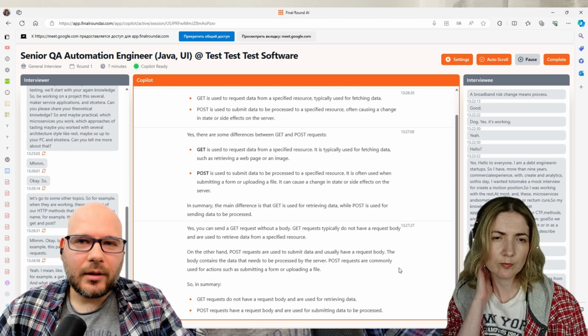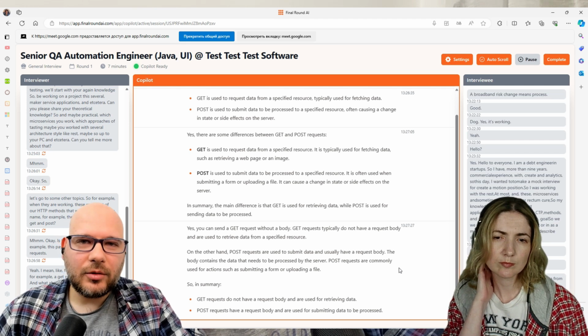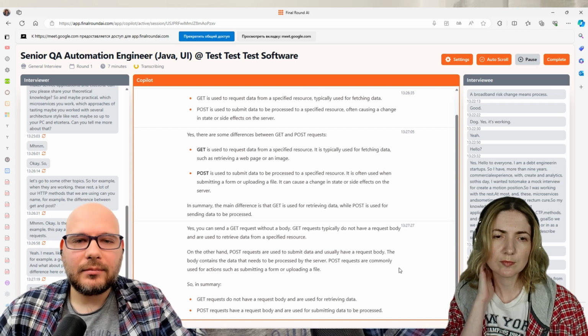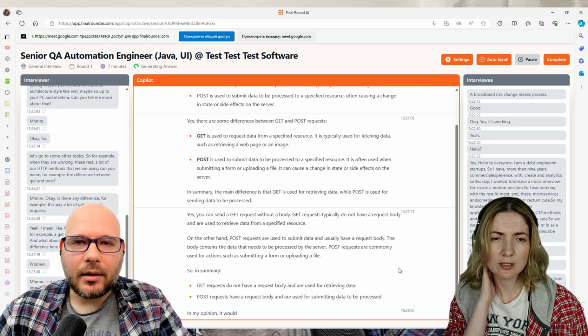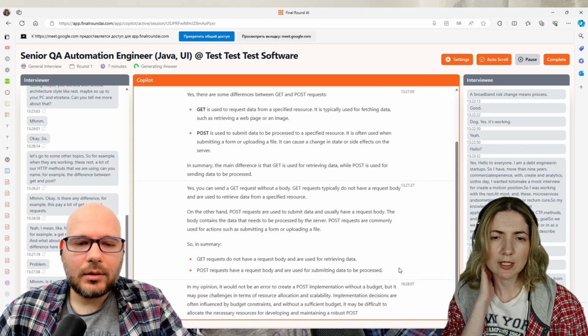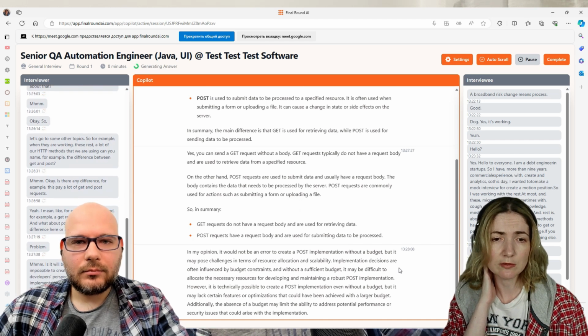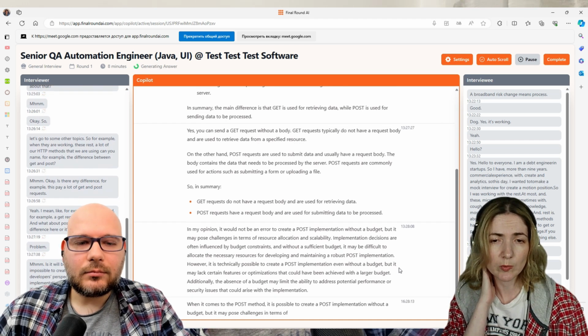Would it be an error, or maybe impossible to create, for example, from a developer's perspective, a POST implementation when there is no body, or is it required? Do you mean a POST request? Yeah, I'm speaking about POST. Yes, you can make a POST request without a body. It will not be an error.